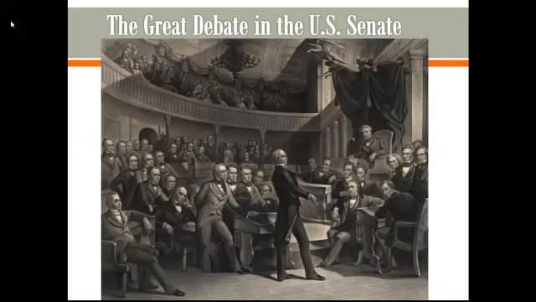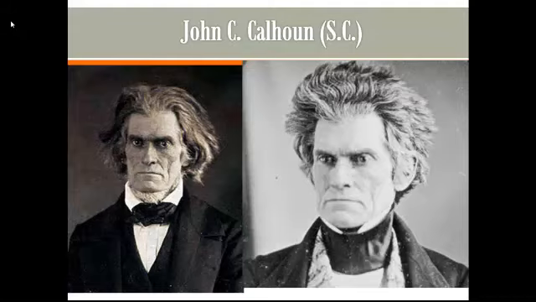And so a great debate was held where both opponents and proponents of the Compromise of 1850 spoke to the Senate and to the entire country about their views. John C. Calhoun, who at this point is basically on his deathbed, traveled to D.C. and gave his speech to another senator to read because he was too weak and too old to read it.